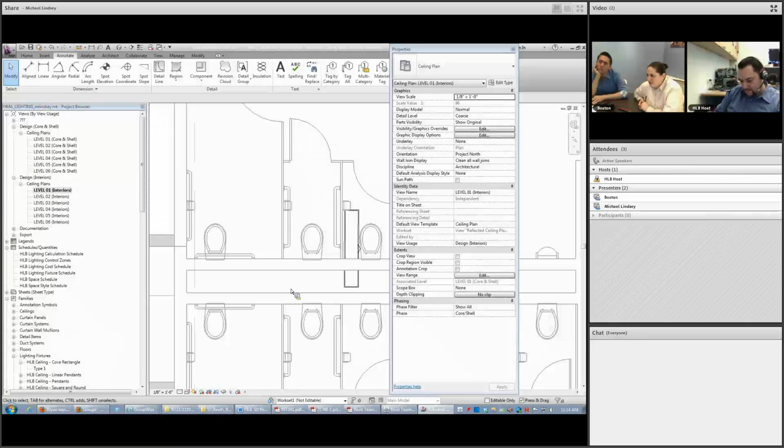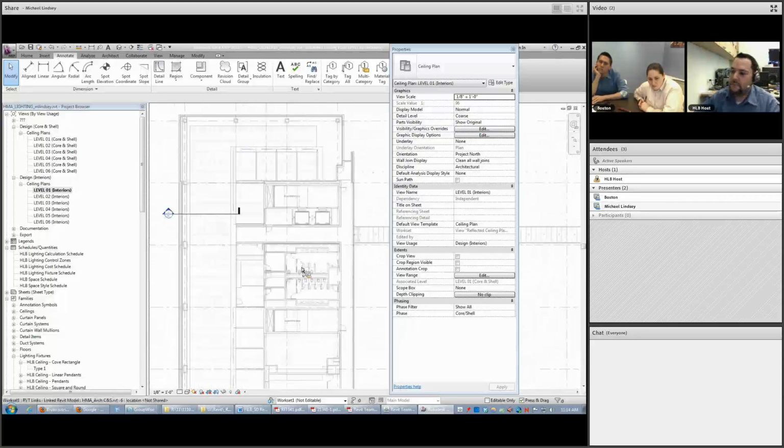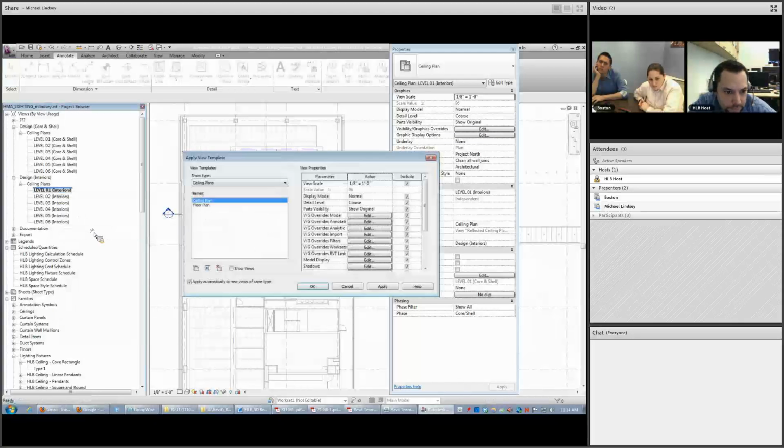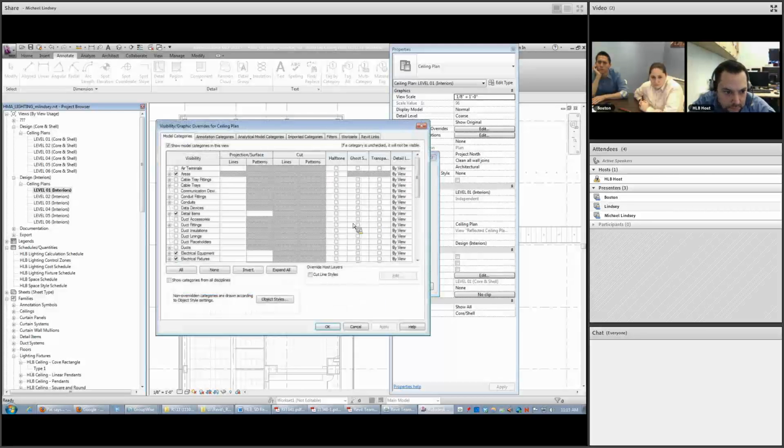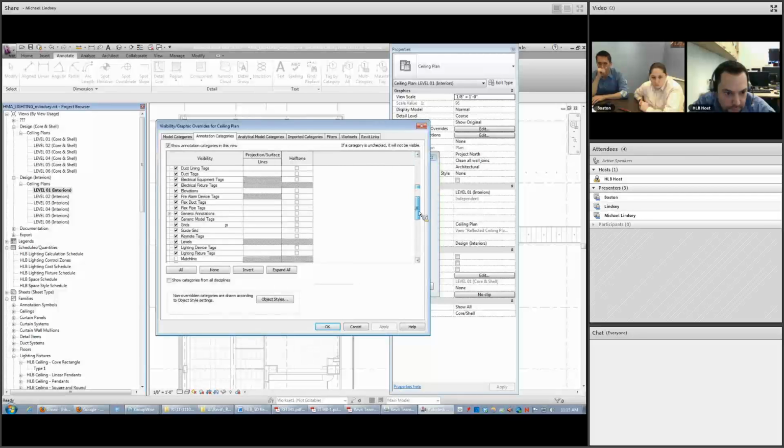No, I think that based on what we learned in training, it is actually relatively quick. And I think one of the things that helped is the view template. I don't know if anybody else has used this, and I know that Peter touched on it, but one of the problems I had on past projects is that I had to go through each level and turn off the reference lines and the reference planes and make everything halftone. Utilizing the view templates, you can do it once and apply it everywhere. So for instance, for this, I've already gone through and said I don't want to see the reference lines and the reference planes.